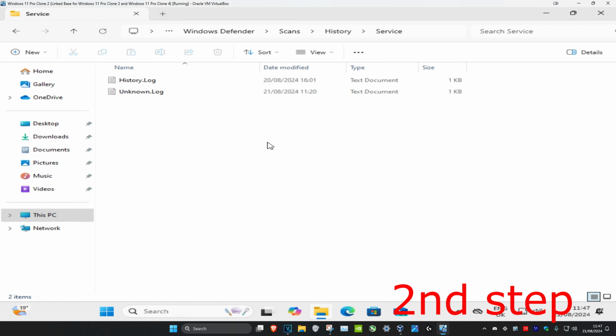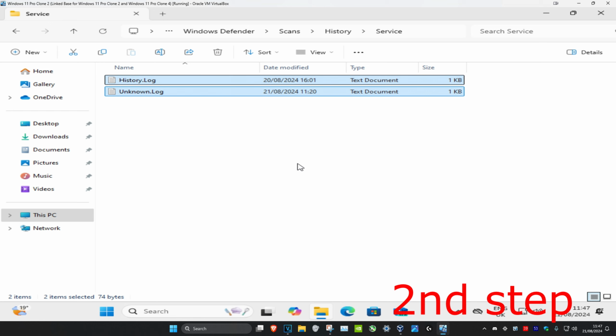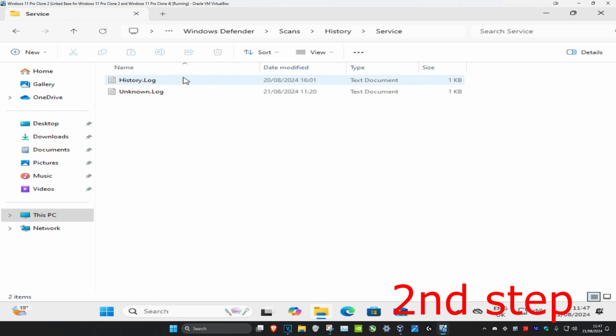Everything in the service folder, you just want to delete it. So you're going to highlight all of this and then click on delete. And now once you've deleted everything in this folder, now you're going to click on Scans on the top,